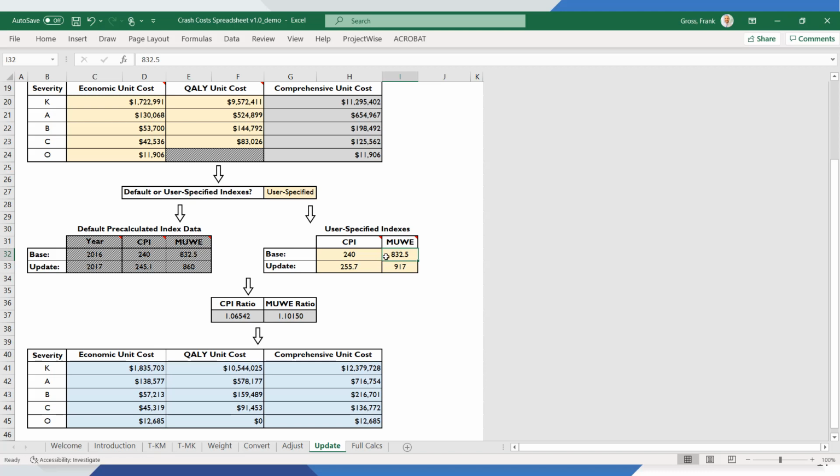In the next column, the current dollar median usual weekly earnings for all wage and salary workers age 16 and older, not seasonally adjusted, was $832.50 in 2016 and $917 in 2019. The MUWE ratio for 2016 to 2019 is 1.10150. Refer to the companion video on the FHWA Crash Cost Guide for further instruction on how to find MUWE